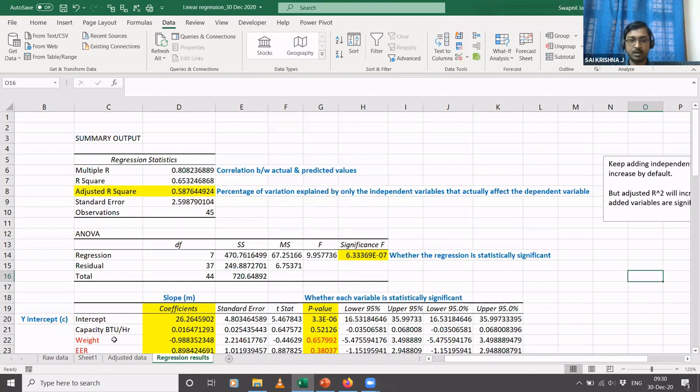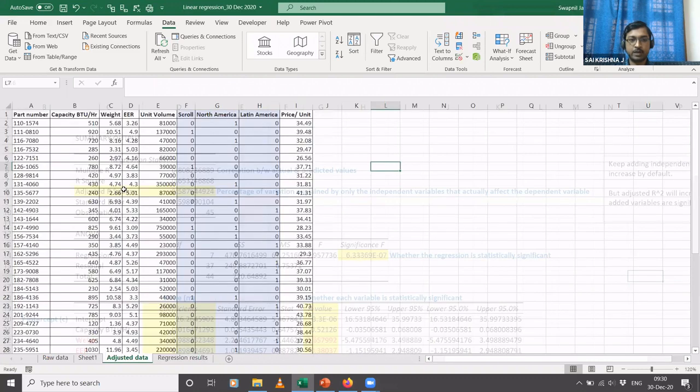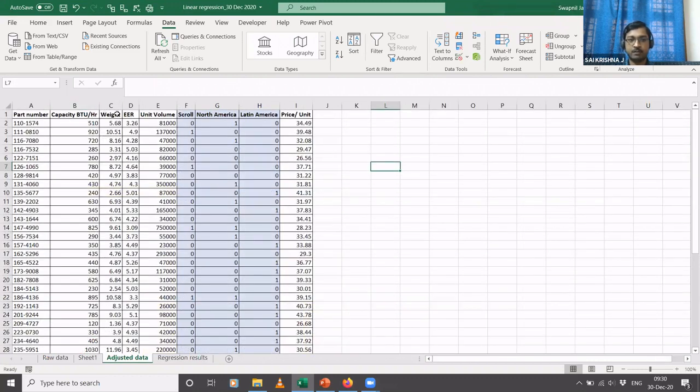So basically, what are we saying here? We have a set of independent variables like capacity, weight, energy efficiency, unit volume, and all those things, right? All these variables from column B to column H explain 58% of the variation in the price. If these explain 58%, what about the remaining 42%?